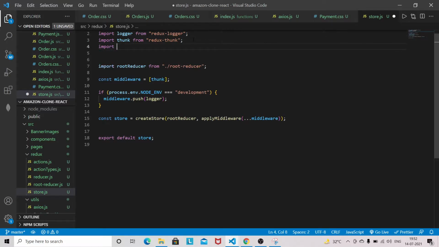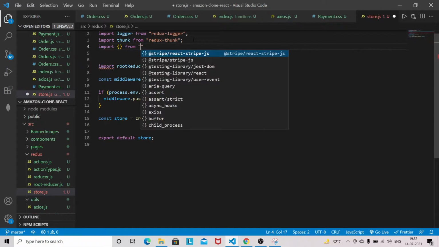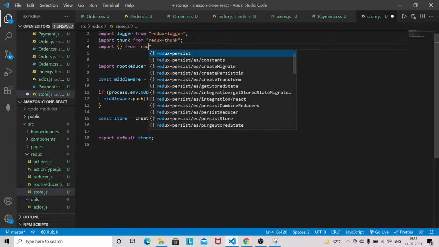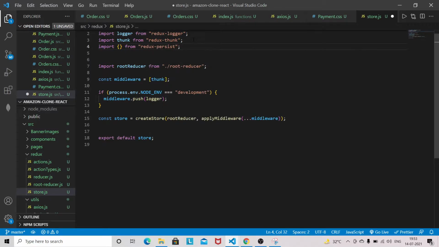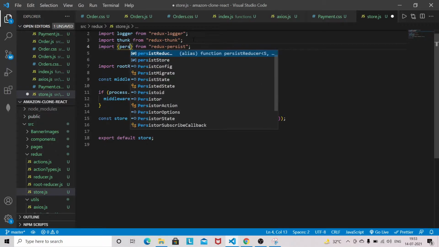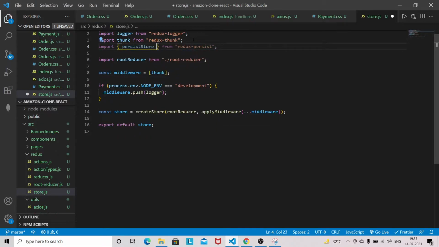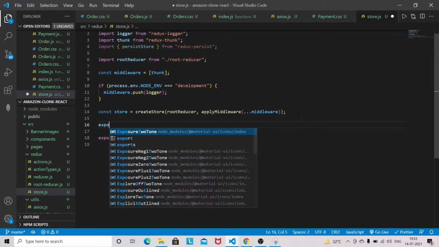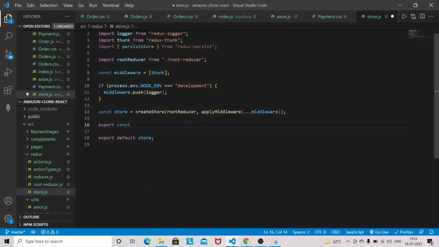I need to import from redux-persist. Now that I have Redux Persist in our project, I'm going to bring in persistStore here, and we need to export a const persister, and I am going to persist the store.